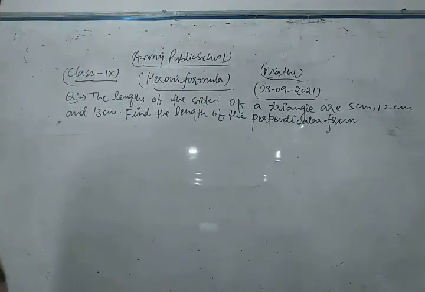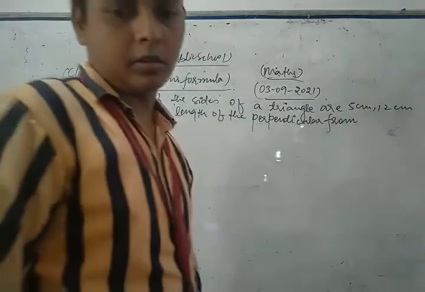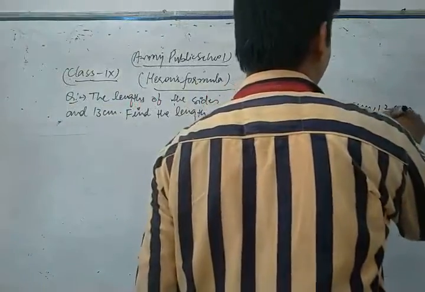Find the length of the perpendicular from the opposite vertex to the